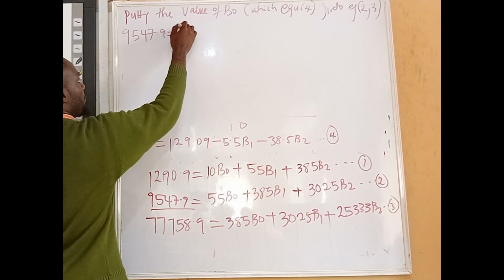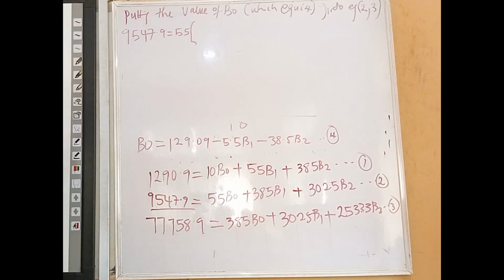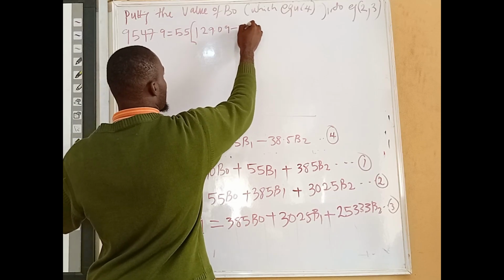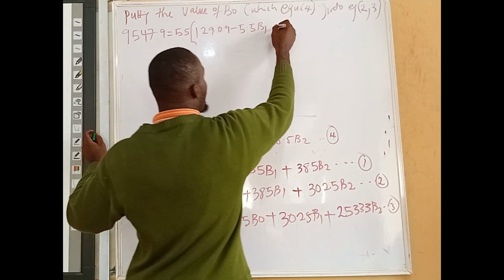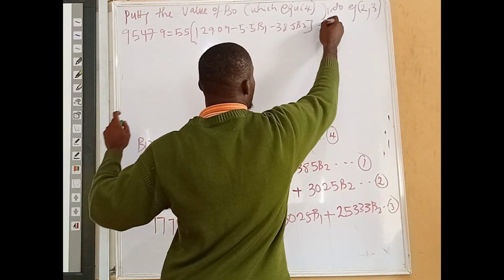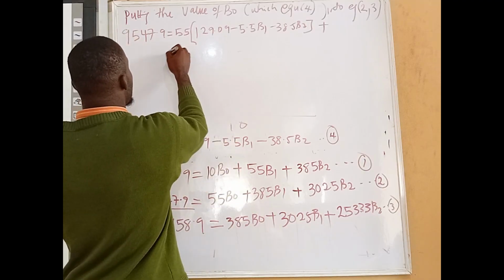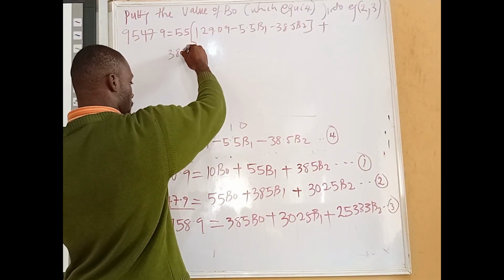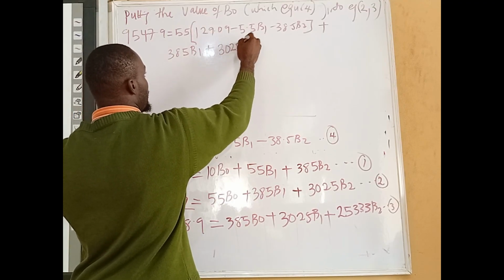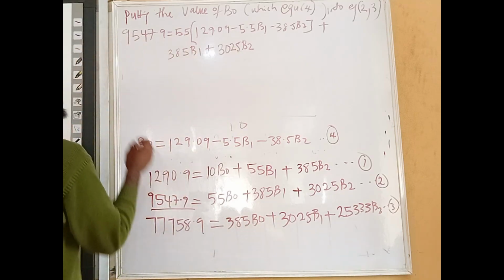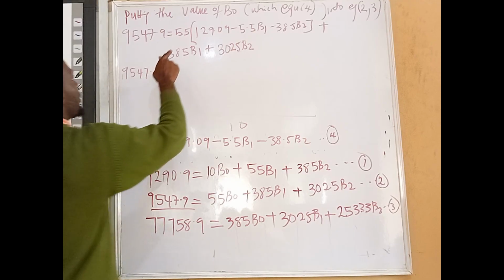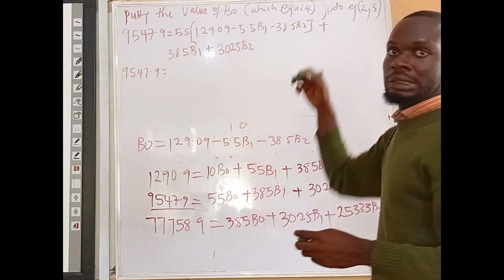9547.9 is equal to 55 bracket 129.09 minus 5.5 B1 minus 38.5 B2 plus 385 B1 plus 3025 B2. You now open the bracket, you now have 9547.8. When you simplify now to put this bracket,